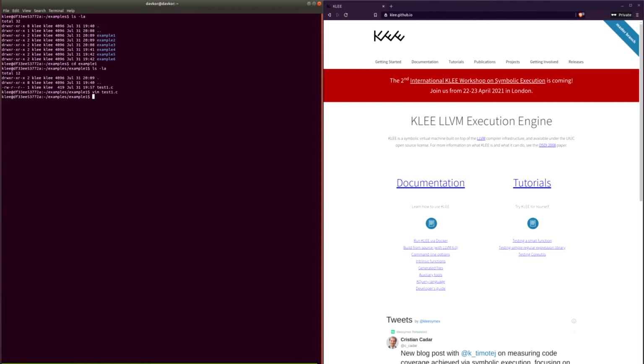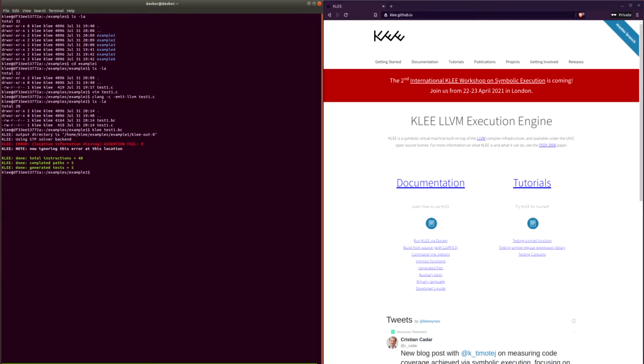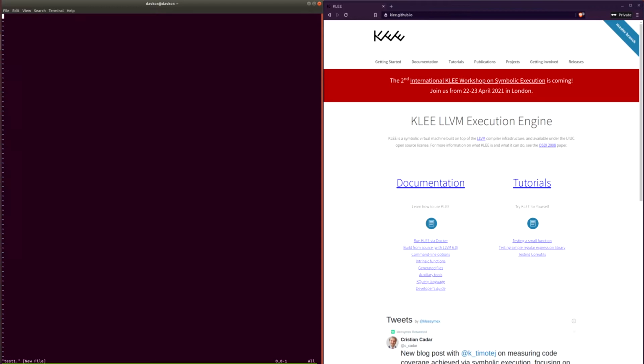So the first thing we do is compile it and get the LLVM bitcode, similar to previously. We can then call KLEE on it simply by running klee test1.bc, and we see that indeed KLEE found the assertion failure. It tells us there is a place where we have an assert(0) call, and there were 5 paths in the program, which corresponds to the 4 different conditional checks in our conditional statement, and